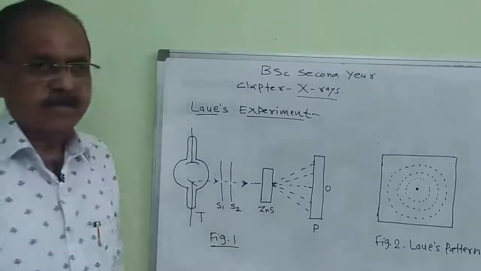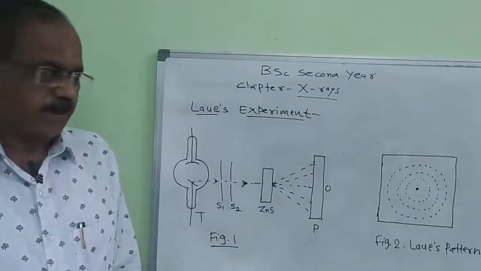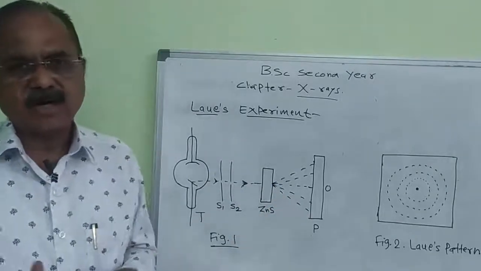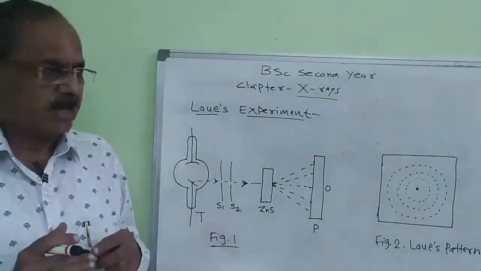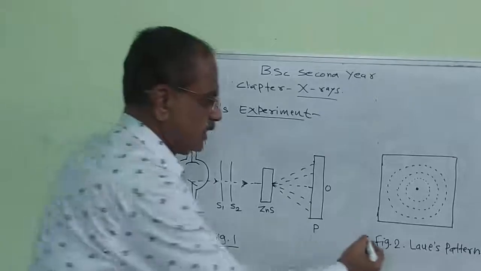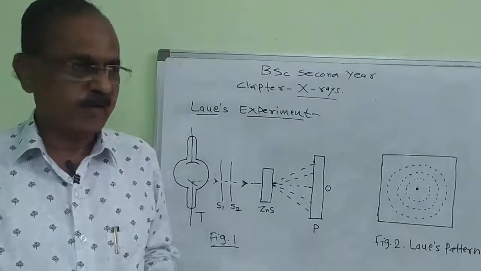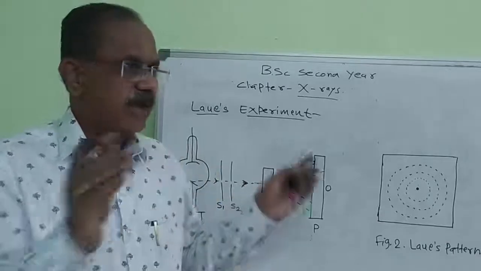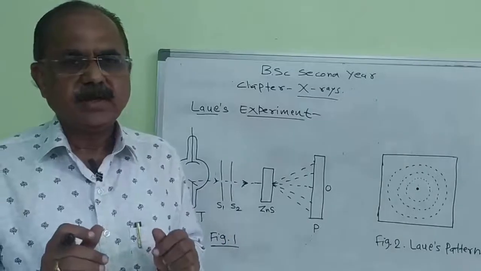This is a photographic plate on which the Laue pattern can be obtained. Here, as we expose this crystal for a longer time to the X-rays, then after some interval of time, if we develop this photographic plate, this type of pattern is obtained. This pattern is the Laue pattern. In this, the central spot is a dark spot, and around that fainter or light intensity points are arranged